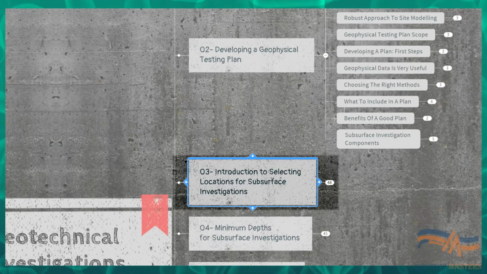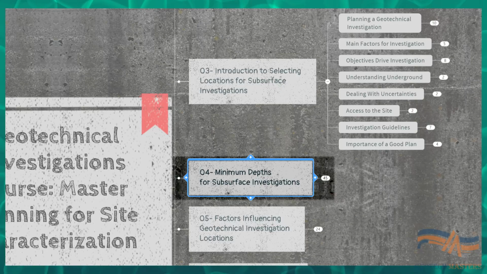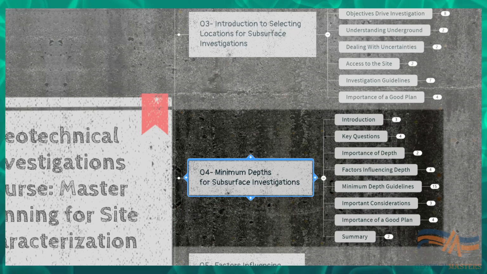Episode 3, Introduction to Selecting Locations for Subsurface Investigations. This session focuses on the crucial task of deciding how many tests are enough and where we should place our boreholes or in situ tests. Considering key factors like project objectives and subsurface conditions. Episode 4, Introduction to Minimum Depths for Subsurface Investigations. We'll tackle the important question of how deep is deep enough, discussing the consequences of insufficient or excessive investigation depth and establishing rules of thumb